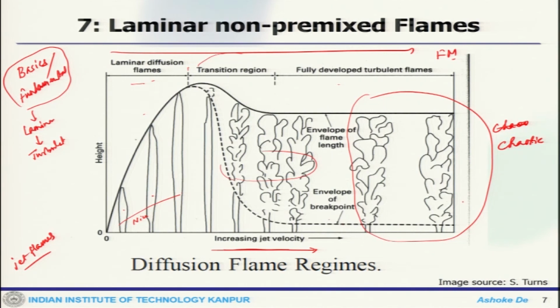So, that is why we started here and slowly go there, because whenever we look at a turbulent system, you require the information of this laminar understanding, and that is what we are doing. And we will stop here today and continue the discussion in the next lecture. Thank you.